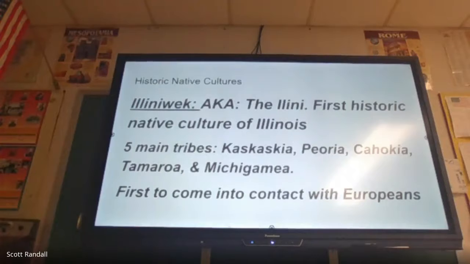However, around 1400, Cahokia is basically abandoned. Something similar happened down in Mesoamerica with the Mayans. There are a number of theories. By the time the French arrived, who were the first Europeans to come into this area,